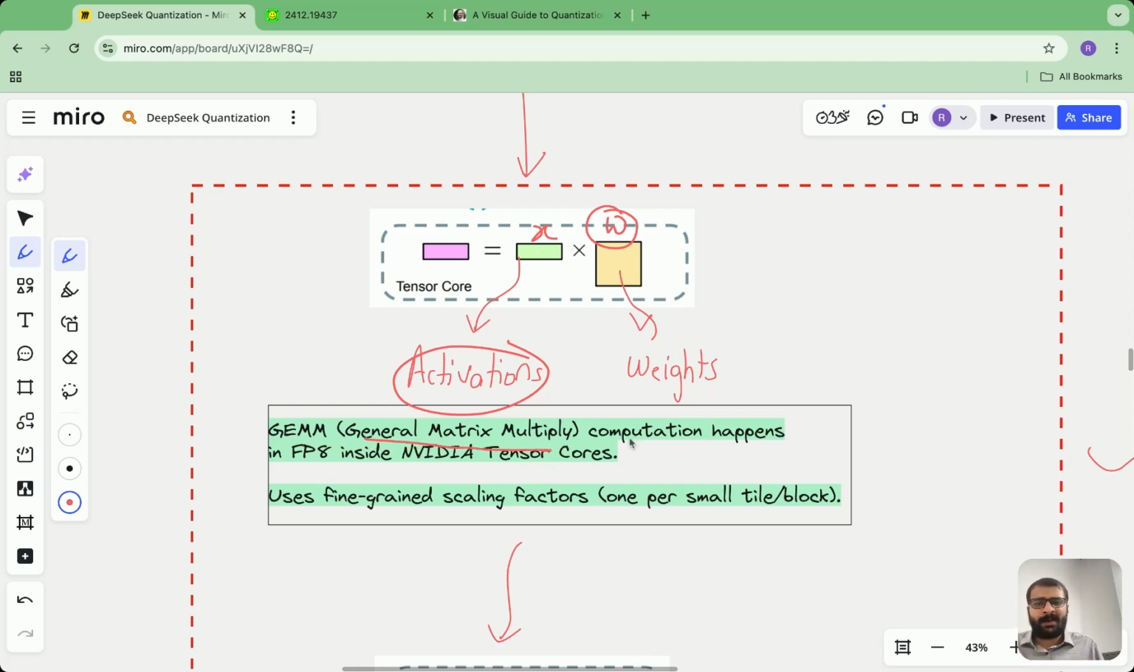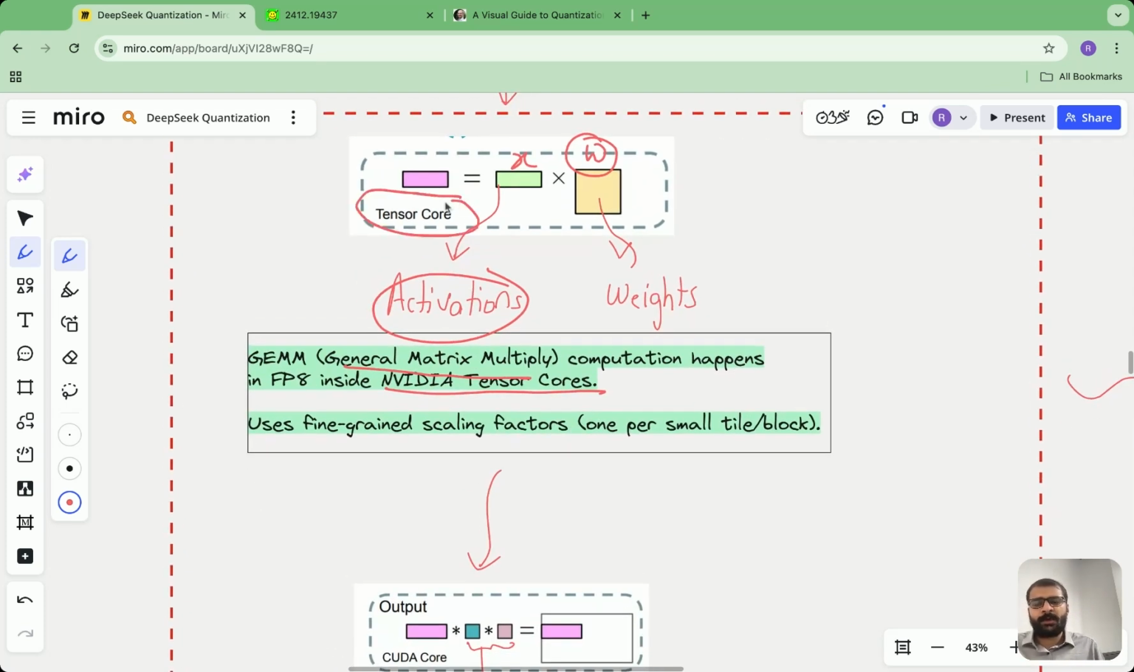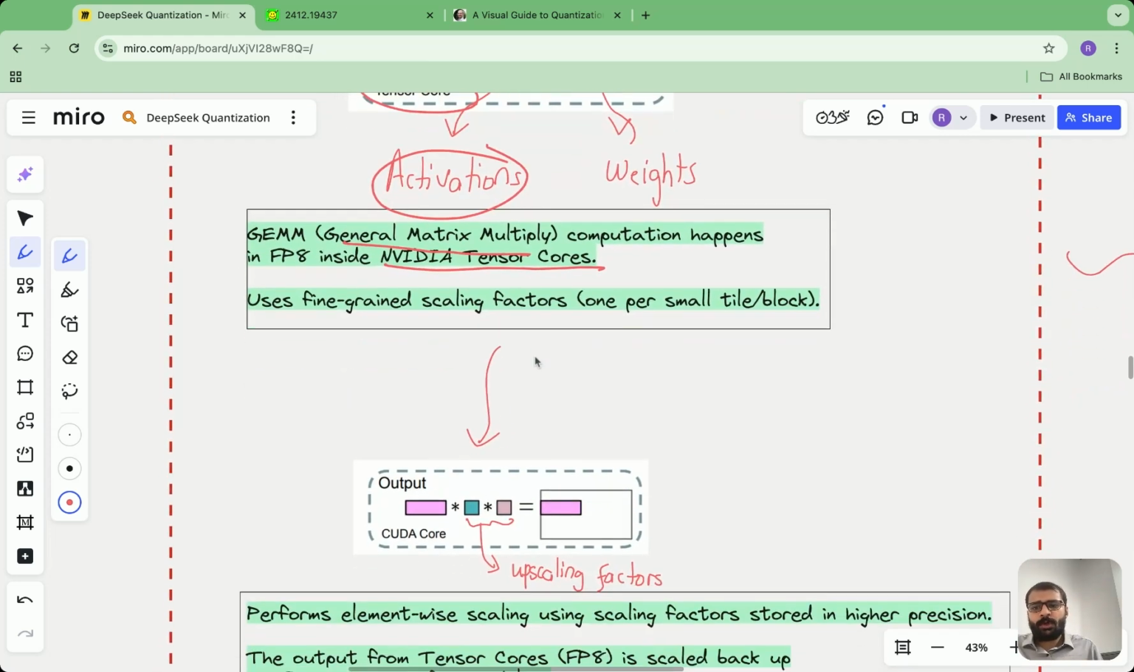These computations happen inside NVIDIA Tensor cores. That's why it's called Tensor core over here. It's not a CUDA computation or a GPU computation. When you want to